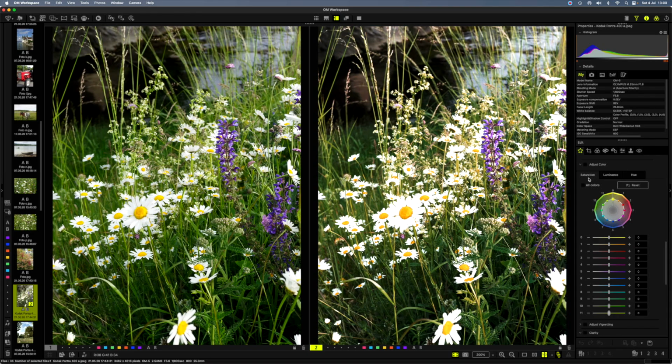So in these 3 cameras, we can adjust the saturation of individual colors, 12 individual colors. This is so unique.